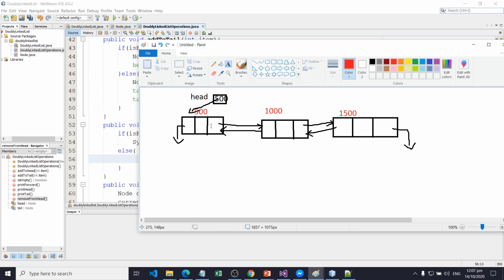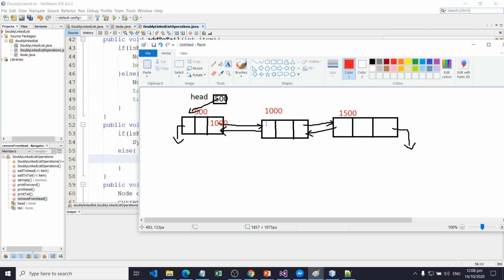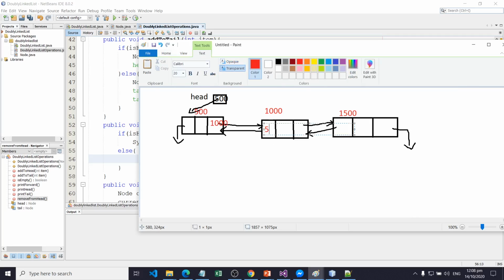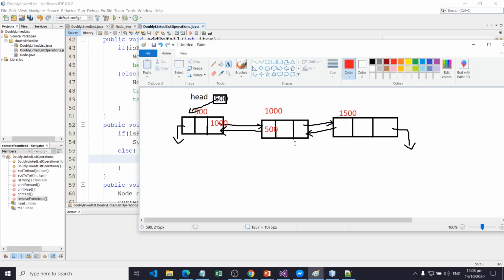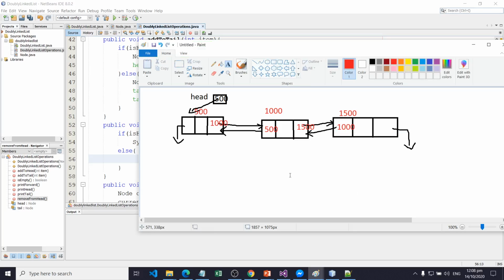The content of this one is 1000, and the address of this one is the previous node. This one contains the address of 15, and this one contains the address of the previous node, which is 1000.